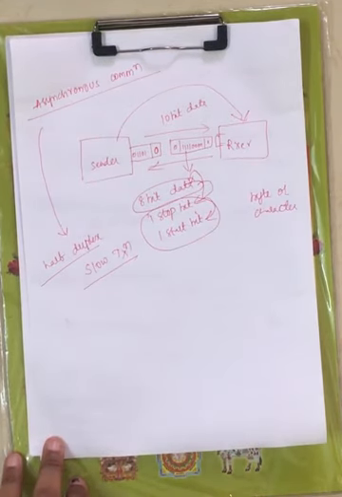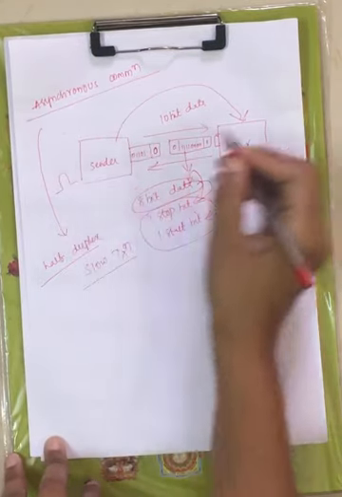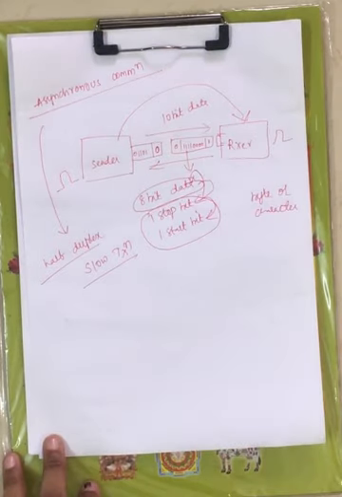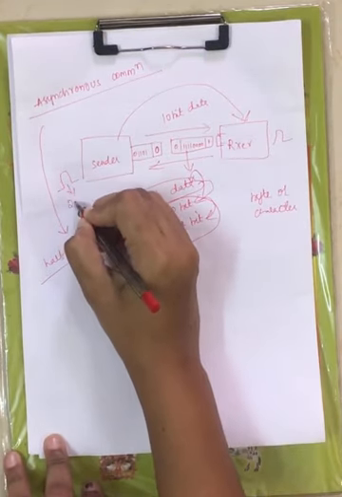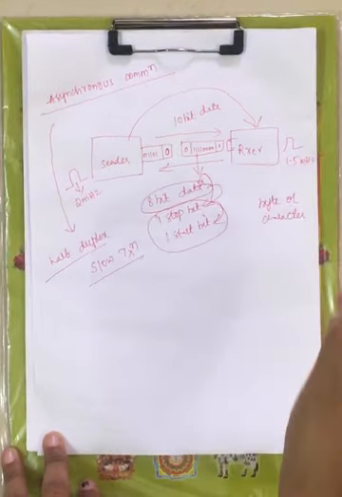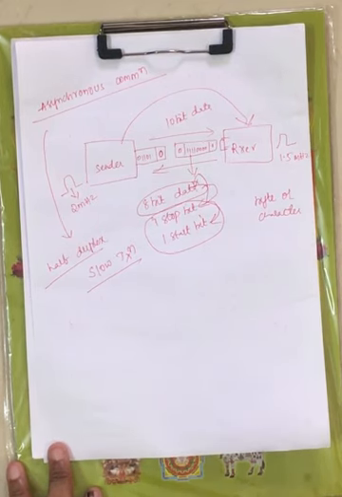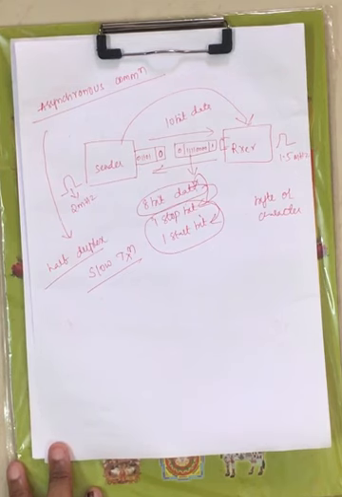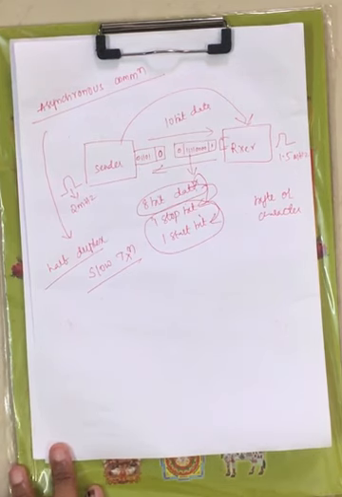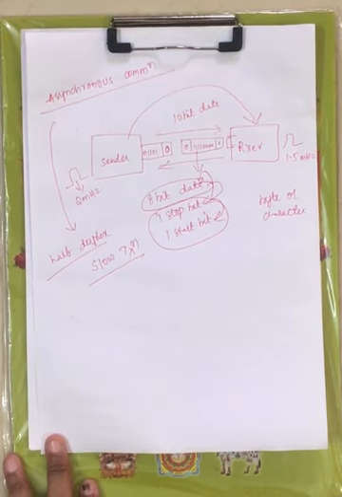Now it doesn't require any synchronization. What is meant by synchronization? The sender will have 1 clock and the receiver will have 1 clock. If the clock frequency is 2 megahertz here, it may be anything, because we don't require synchronization between your transmitter and receiver. The name itself indicates asynchronous. Whereas under synchronous communication we require synchronization between your transmitter and receiver. Now here total 10 bits are transmitted.